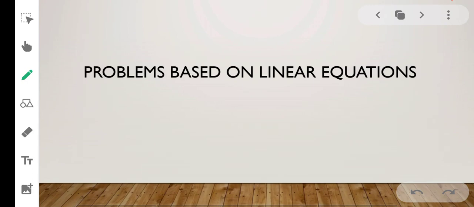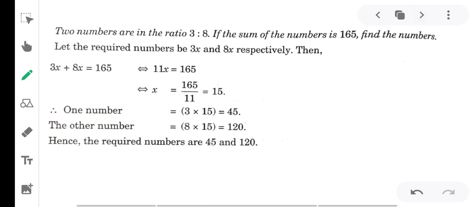Hello everyone. Today's topic is problems based on linear equations. In the previous video, you learned how to solve linear equations. Today, you will solve some word problems based on linear equations. So let's see some examples from your book. So the first example,